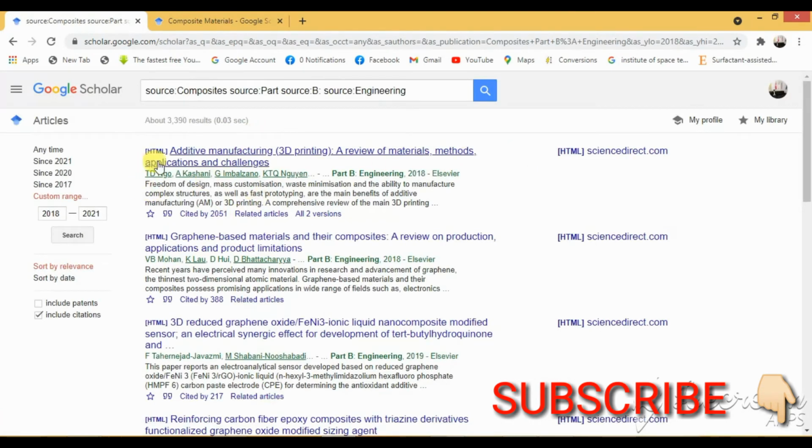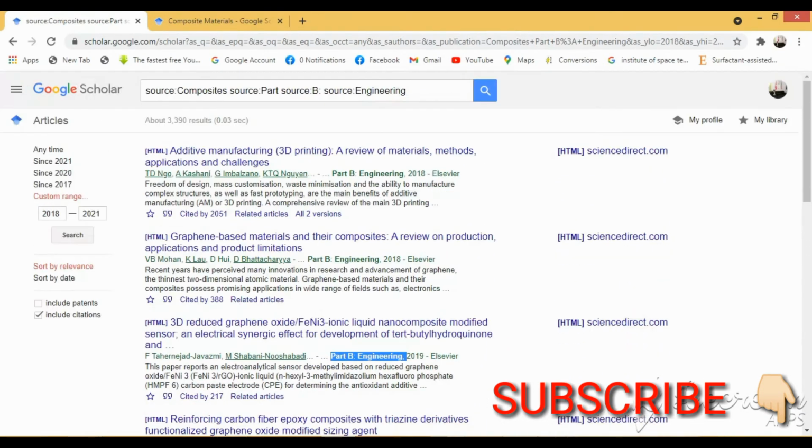So these are all the research articles which belong to the international journal Composites Part B: Engineering. All the articles in this list are from only one journal, which is Part B Engineering.